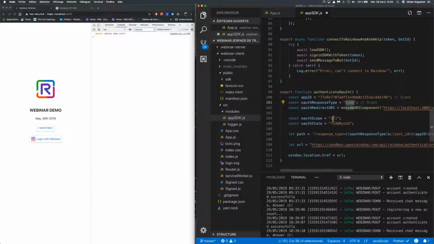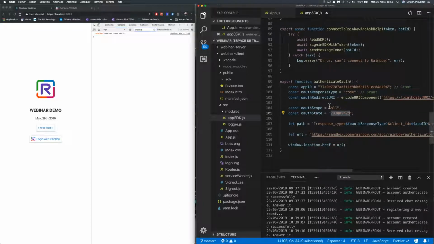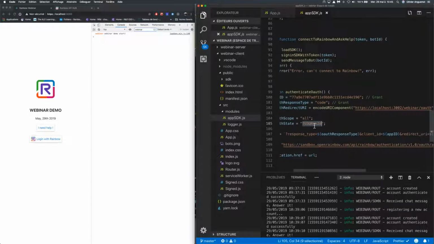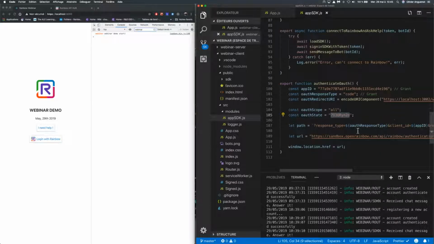You can define an optional state in order to help you secure your application more. And once you have all these parameters, you just have to build the URL, and then ask the browser to go to that URL.